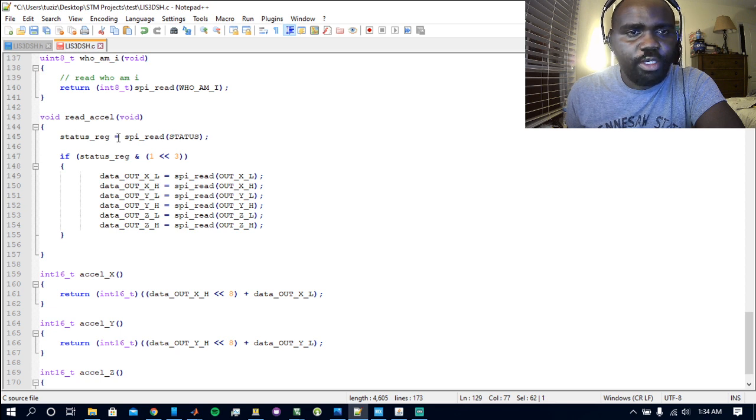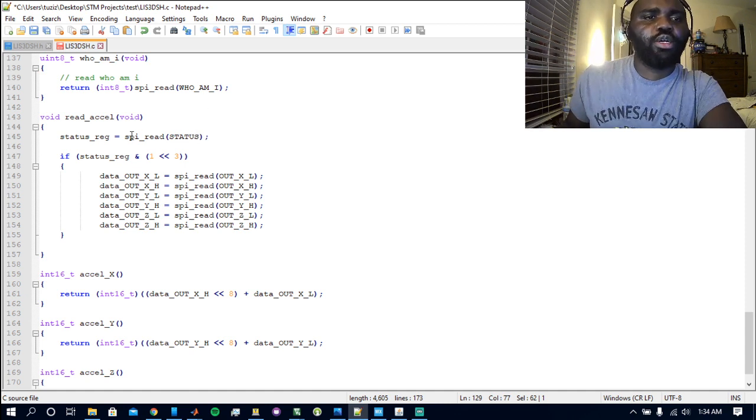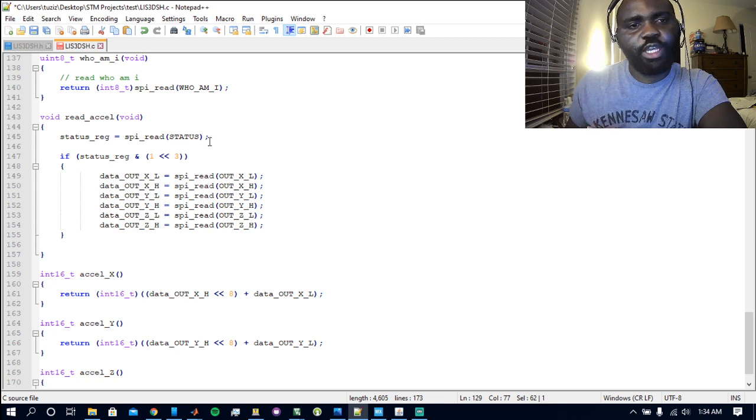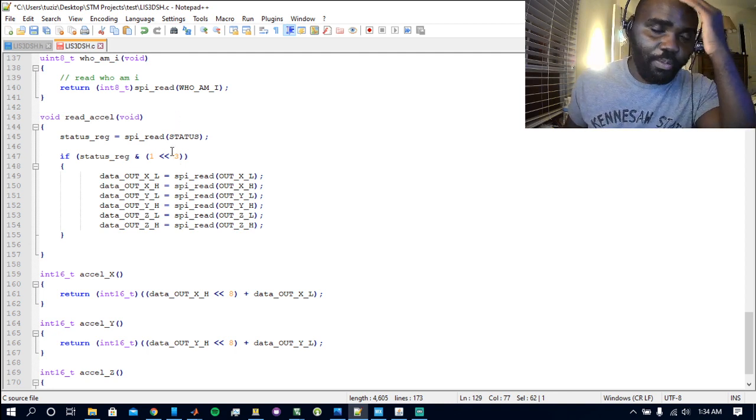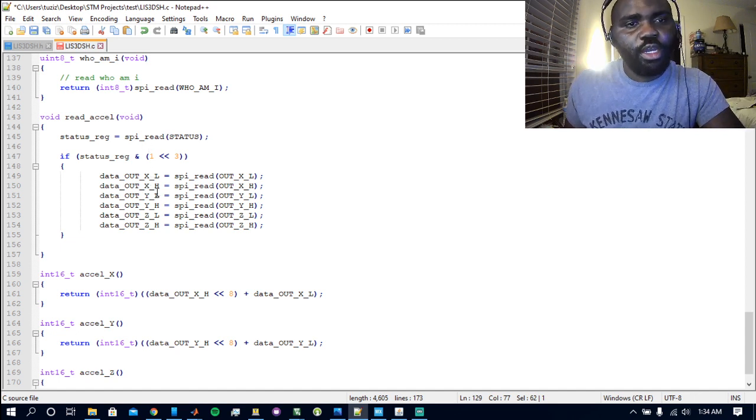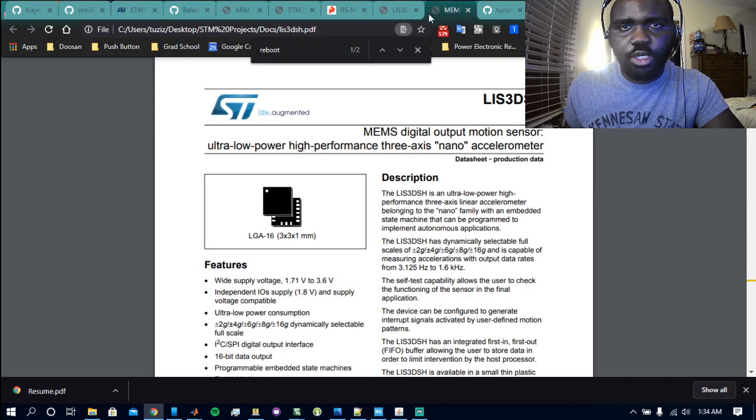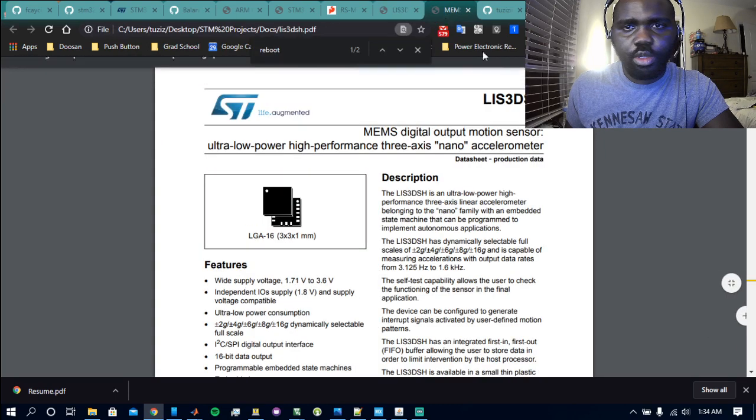It retrieves the status of the SPI pin. So pretty much you're verifying that this new data that you're about to read is actually new data. So what happens is, once you read the data, on the status register, let me go back here. On the status register of the